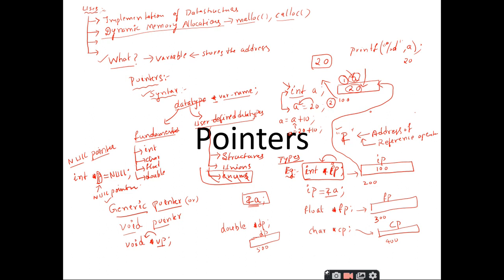Floating point variable, right? Similarly, when I throw an address, which variable is capable of storing the address? Pointers, right? So malloc and calloc have the capacity of throwing the base address after successful allocation of the memory. So when malloc is throwing an address, you should have a pointer to catch hold of that address.